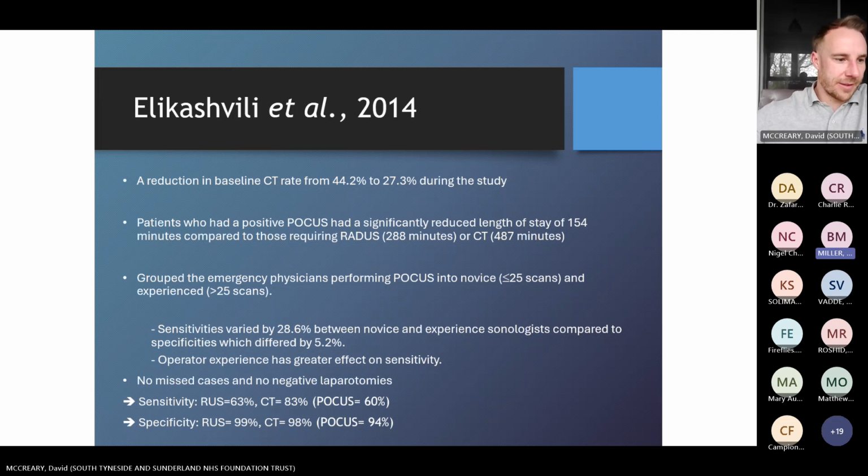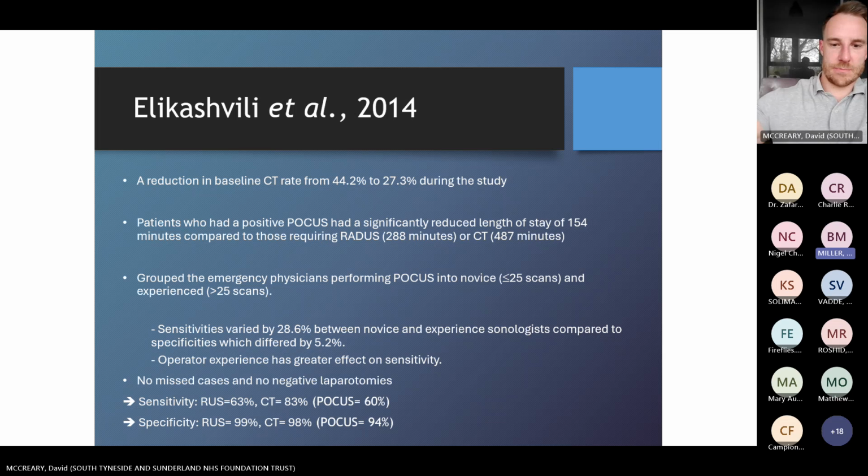Another one was that they found that the length of stay in the department, again, reduced quite significantly. So if the patient needed to wait for a CT scan, the average length of stay was 407 minutes, compared to if they had POCUS, it could be as low as 154. And even from having radiology ultrasound as well, it reduced the length of stay in the department, which obviously helps a lot with flow through the department and just getting patients moving along and helping with